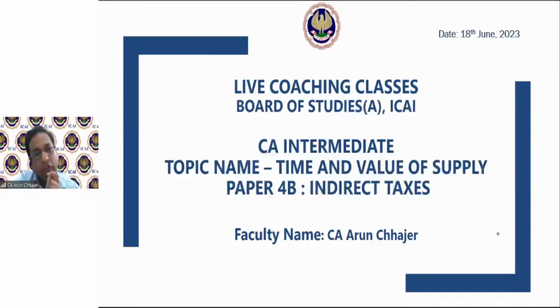Now, we have also discussed that in case of the continuous supply of service, in which more than 3 months continuity is required, the time of supply is linked to the payment. First, when the payment is actually received. If there is a contract and there is a due date, you will determine the time of supply according to the due date. Or if there is no agreement or contract or it is not specified, then actual payment. And third was, if the payment is linked to the completion of a certain event.